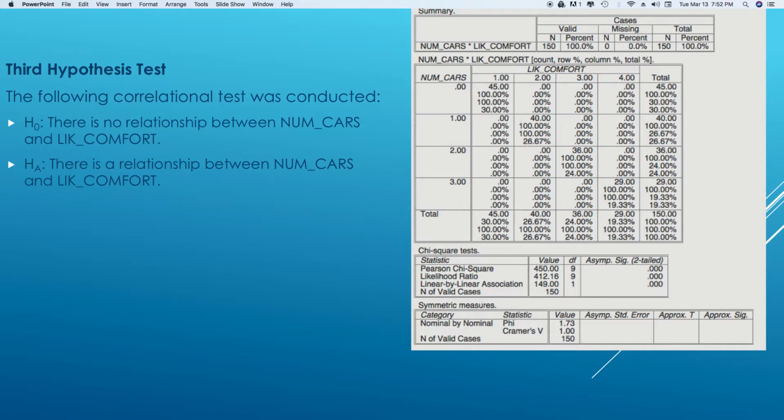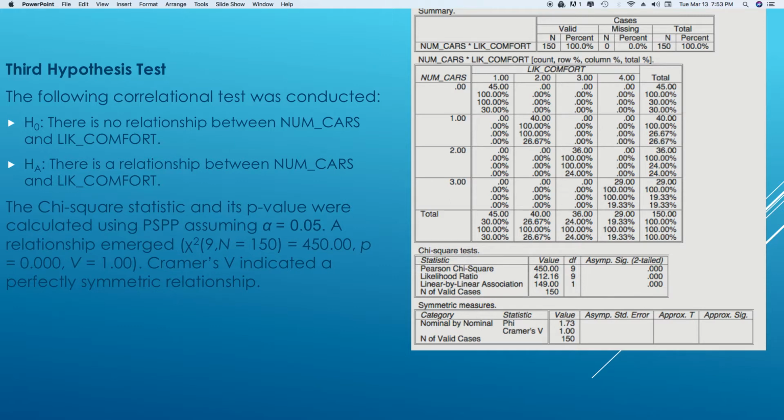And the other thing that we see on this as well that we'll want to refer to is the Cramer's V, which has a value of 1. And as I mentioned on the previous slide, a value of 1 on the Cramer's V test is very rare and indicates a perfectly symmetrical relationship between the two variables. So to sum that up,